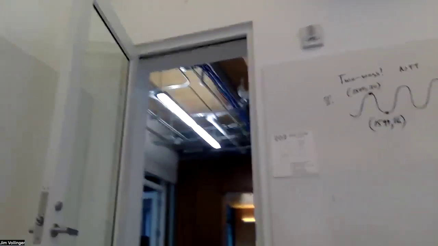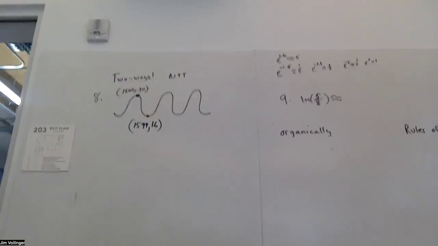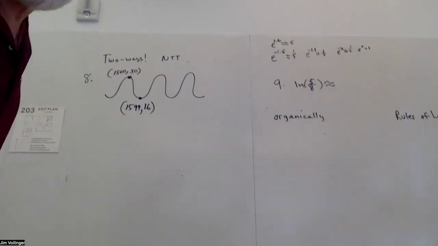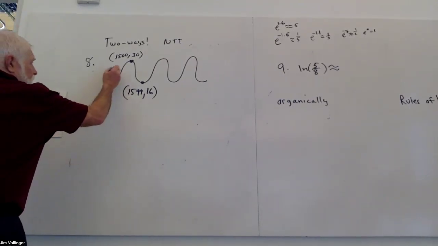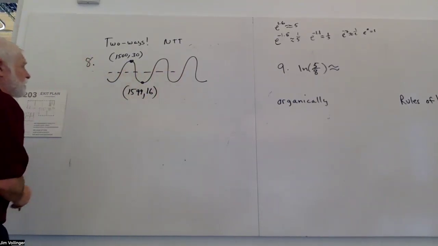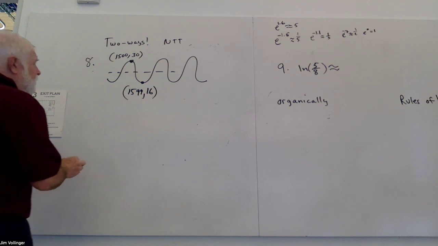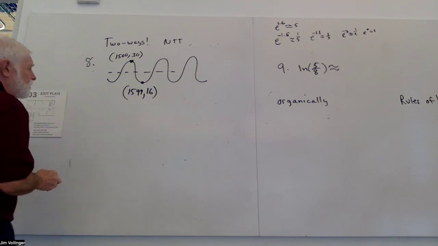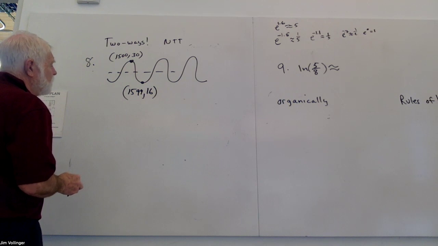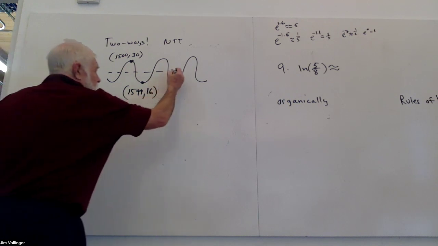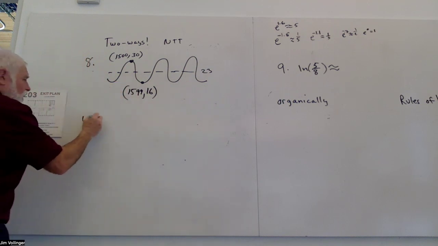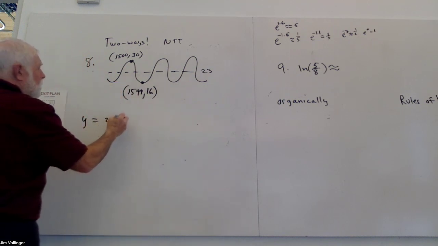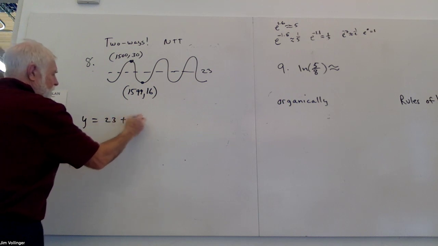Name that tune. I think it's easier to do maxes with the sine function, and then we'll convert it to the cosine function. Can you see everything? Yes, you can. All right, so I can see that the midline here, I got to get the midline 16 to 30. 36 cut in half is 18 amplitude, is that right? 46 cut in half, excuse me. 23. Yeah, that works. So y equals 23 plus what, 7 sine